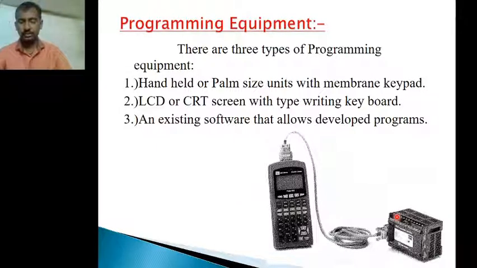In this video, we have seen the input modules and output modules and their interfacing, how the power supply block converts any AC or DC voltage to 5 volts DC for the PLC CPU, and what the various programming equipments are for entering a program into the PLC CPU. In the next video we will see about the programming formats. Thank you.